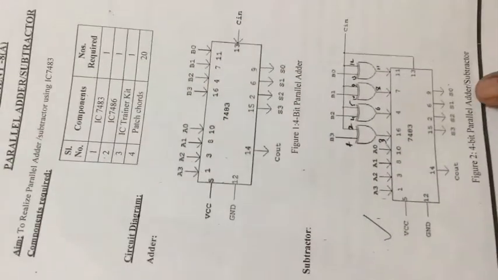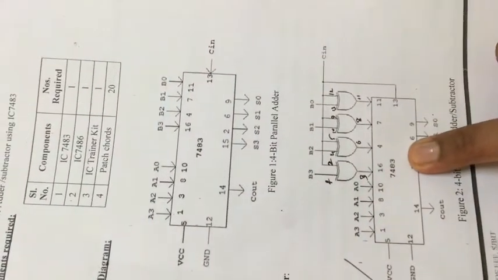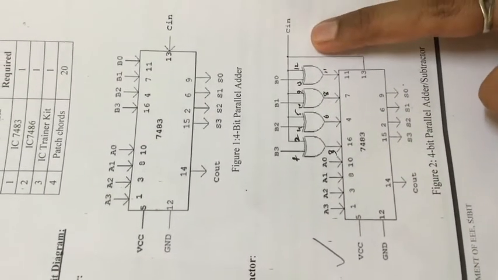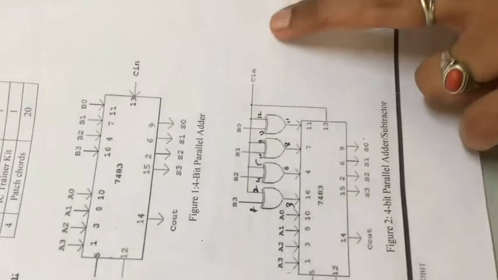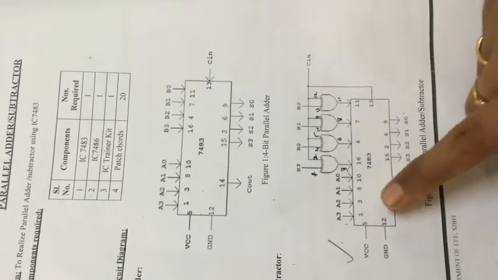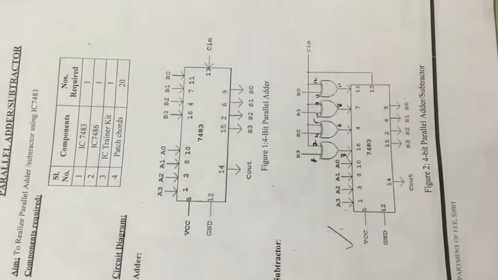Under DSD experiments, we are going to study the next experiment, which is called parallel adder and subtractor. If we are adding more than 3 bits, then it is called a parallel adder. The circuit diagram of a parallel adder goes like this. For this, we are using an IC 7483, along with one more IC, 7486. According to the logical expression, we are going to describe this circuit as such.